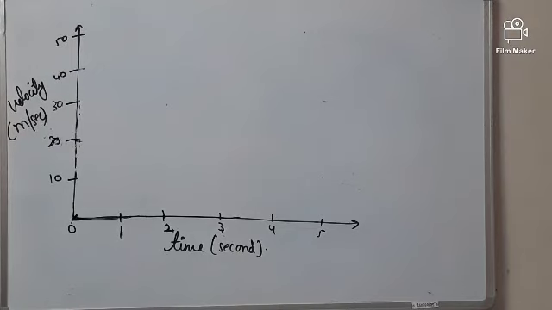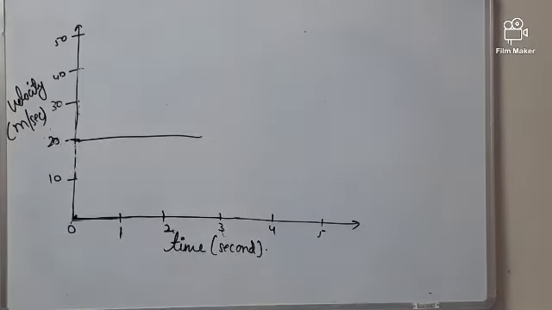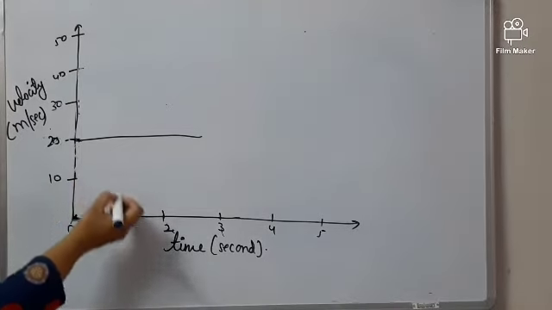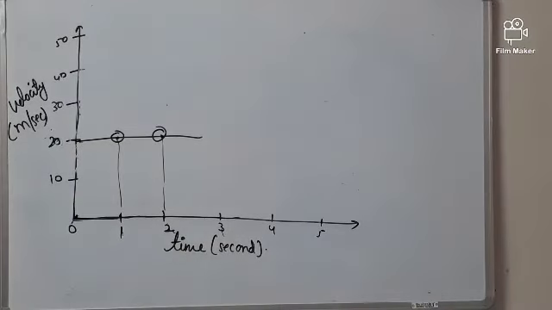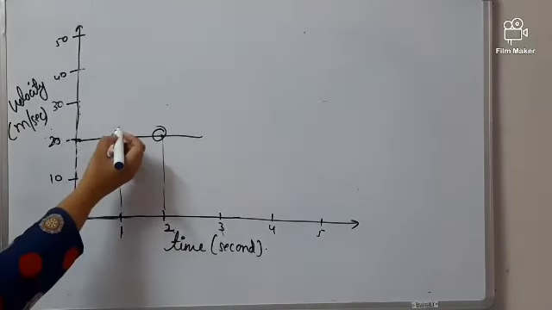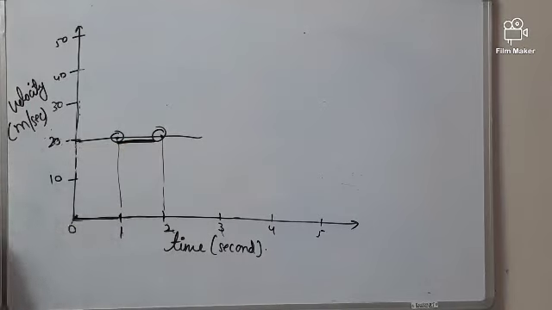Now we have the velocity time graph for uniform acceleration. Children, if we say acceleration, do you know what acceleration is? It is change in velocity over time. So there has to be a change. In the previous graph where we did constant velocity, what will be the acceleration there? Let's do it once again. The graph is like this. The velocity here is 20, and the velocity here is also 20. Acceleration is change in velocity. You have to find out the acceleration in between these two.